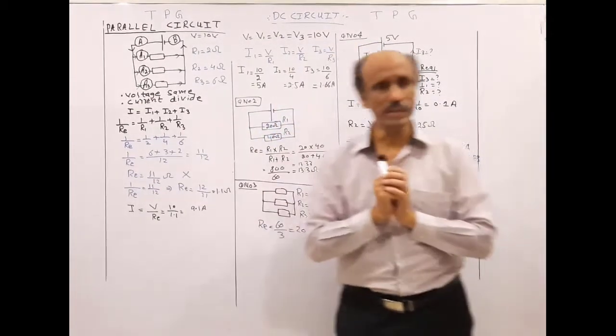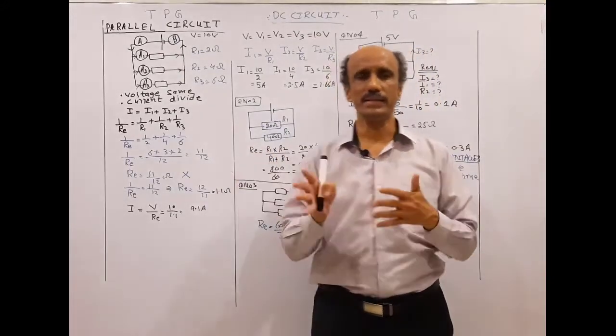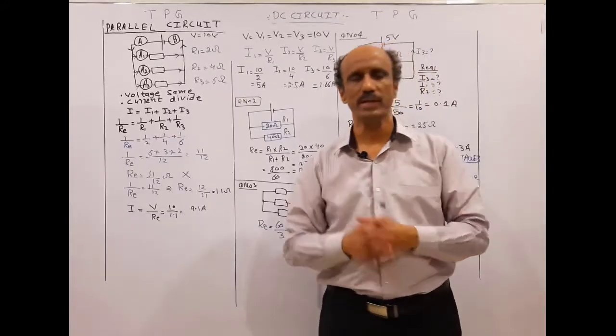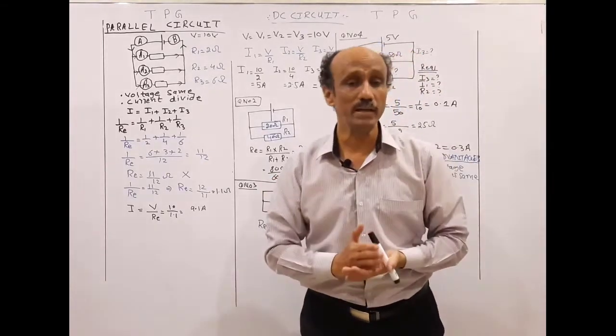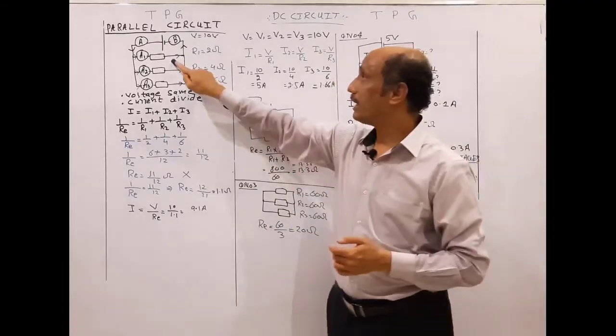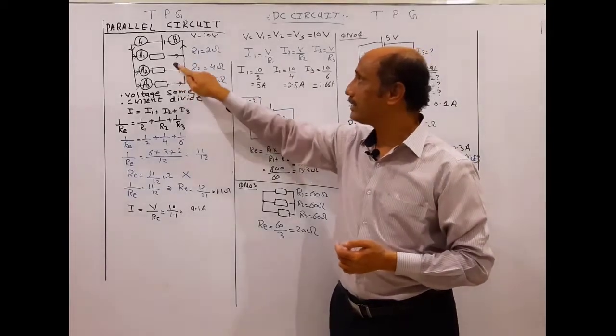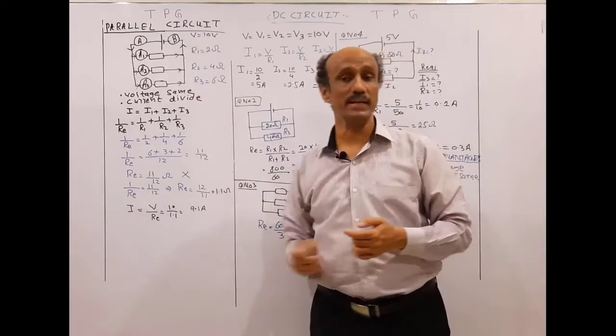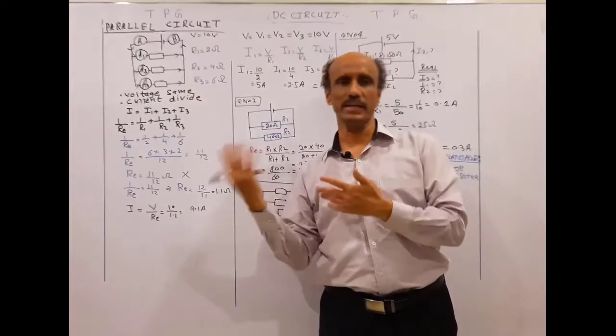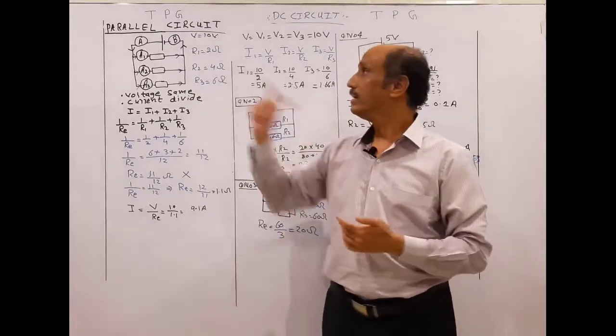So previously we were discussing DC circuits with respect to the series combination. Now we will discuss it with respect to the parallel combination. In a parallel combination, the right hand sides of all the components are attached to the negative terminal and the left hand sides are attached to the positive terminal, and it can be vice versa as well.